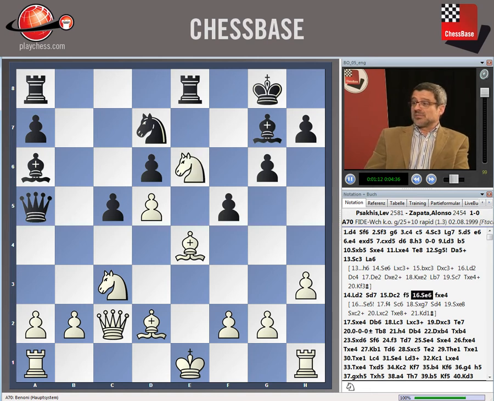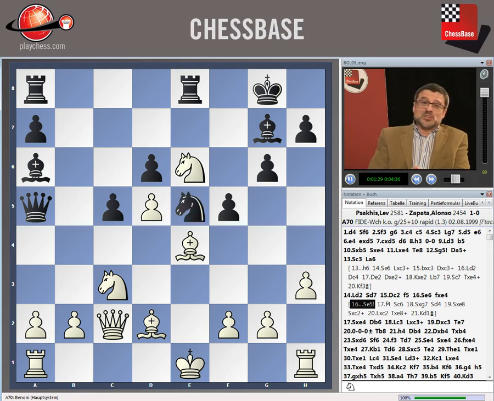After f5, knight e6, there is a move taking on e4 that was played in the game Sakis Zapata. Unfortunately for black, this is not good enough because of knight e4 and bishop c3. As we will see, the computer shows a very hidden motif, or hidden chances for black, with knight e5, and now